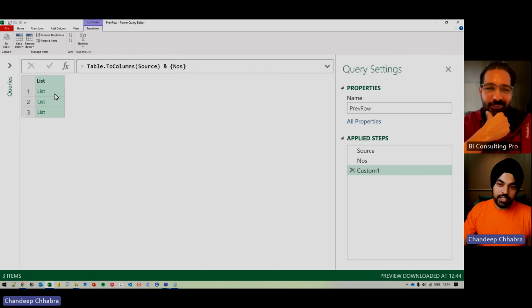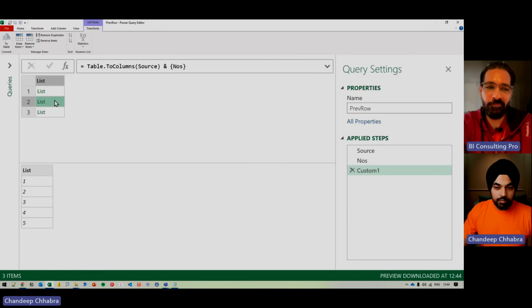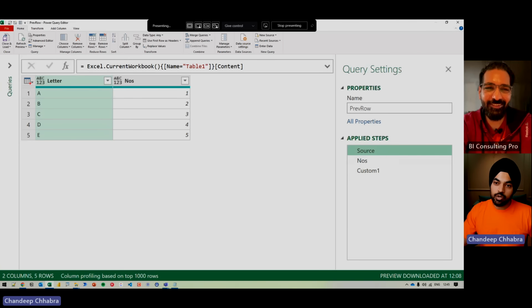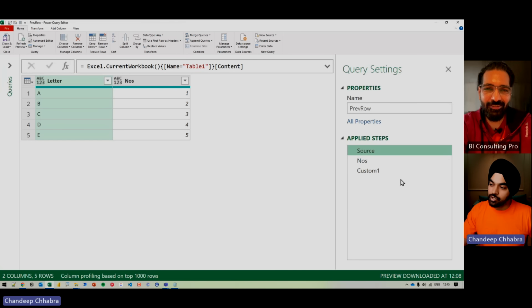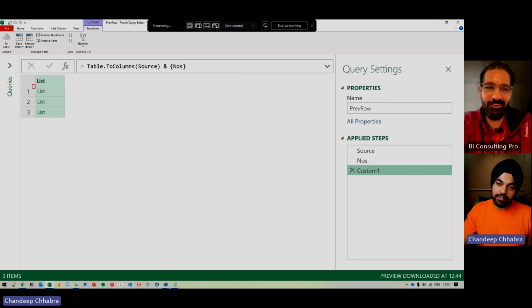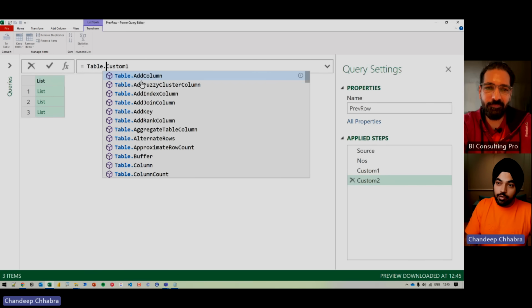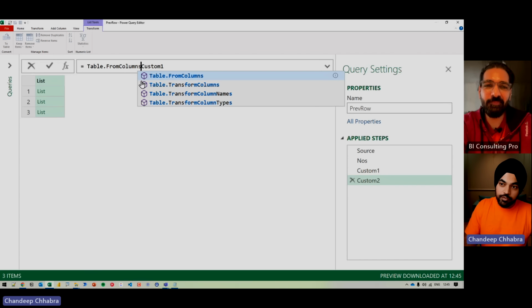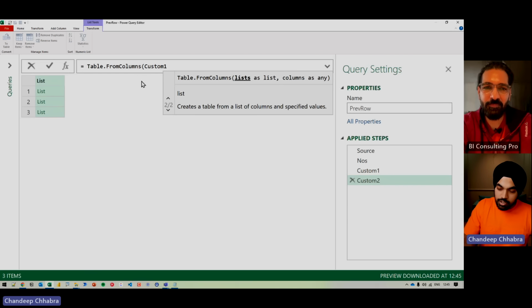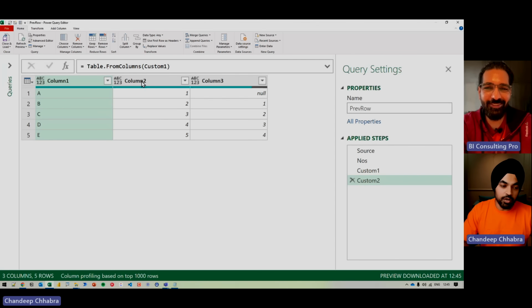Now we have list 1, which is column number 1, column number 2, and column number 3, right? 3 columns of the data. Now we will do the reverse of what we have done. Convert it into a table. I'm just going to go right here and say that I have 3 lists. Please make those lists as columns. So I'm going to say something like Table.FromColumns, which is the inverse of the function that we just used, Table.ToColumns, close the braces, press enter,